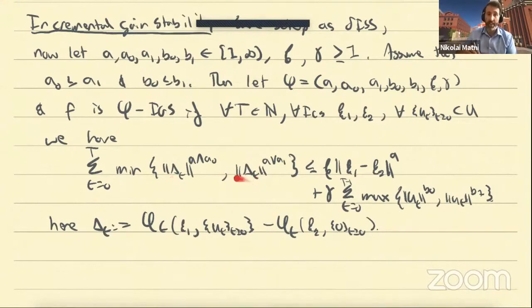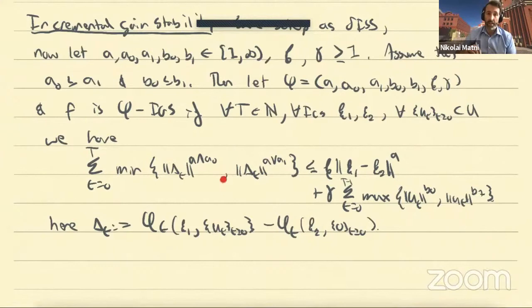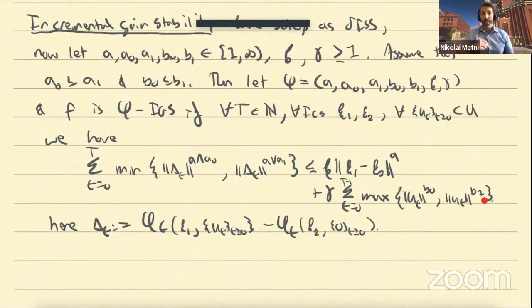So on the left-hand side here, we're bounding the slowest converging of these different entities. And on the right-hand side here, we're picking out the worst case u, the larger u. So if u is less than 1, it would be b0. And if u is greater than 1, it'd be b1. So that's the intuition here. That's why we have all these annoying mins and maxes. We tried really hard to get rid of them, but you really actually need them.